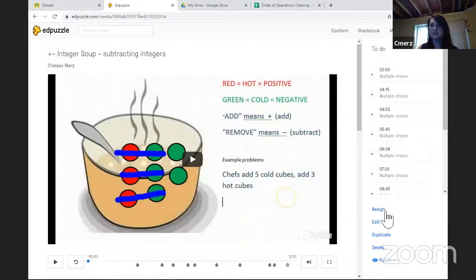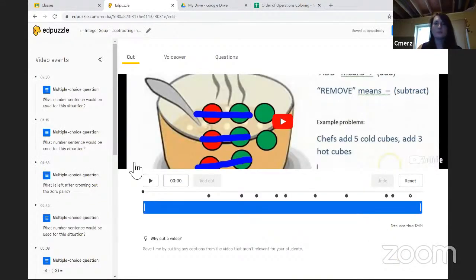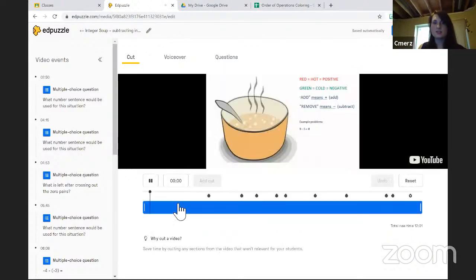I can go in here and assign it to my classes. It's really easy if you have Google Classroom to assign it, and I'll show you that. But then I could also edit it. So if I go to edit, they have cut, voiceover, and then questions. I've used cut before. You can either drag this and shorten the video if you want, or you can even, if there's a part in the video where you're like, oh, this part I don't want them to see,